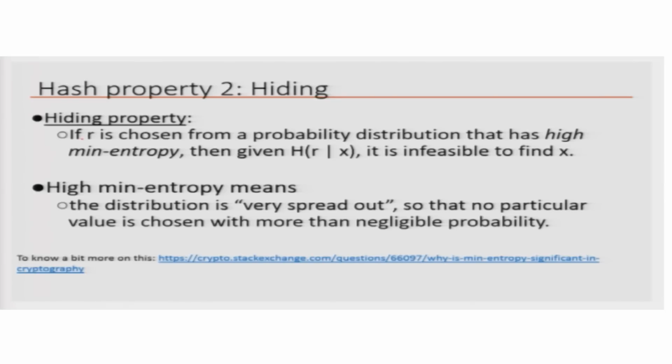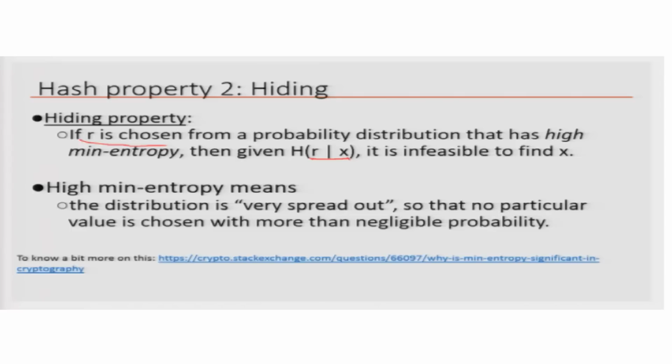If you have a random number R chosen from a distribution with high min-entropy, then given the concatenation of R with x, it is infeasible to find x. What does high min-entropy mean? In very broad terms, it means that the distribution is pretty uniform, because if the distribution is very skewed, then certain numbers are more likely and certain numbers are less likely to be picked when you pick the random number. So, the distribution should be more or less uniform or spread out,